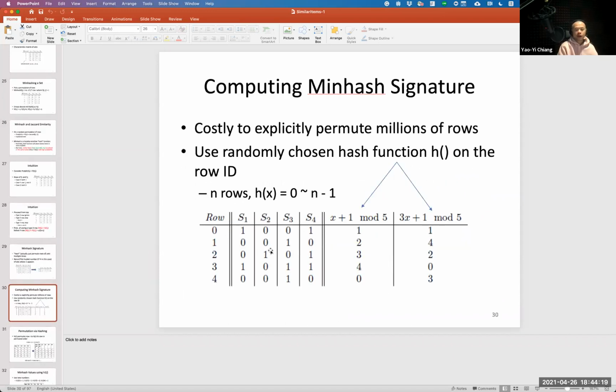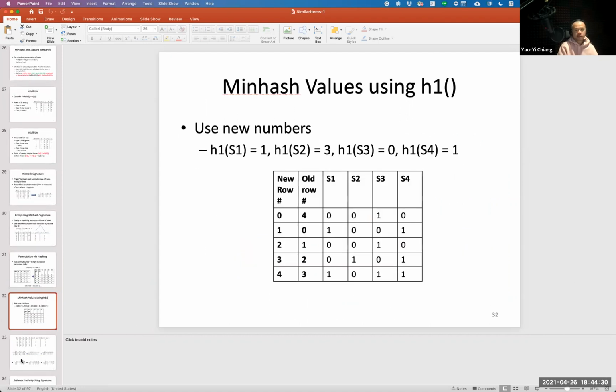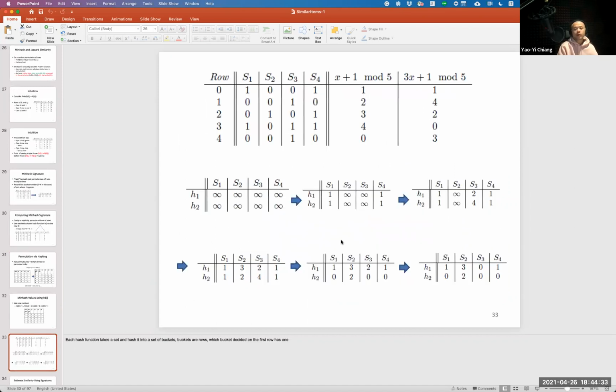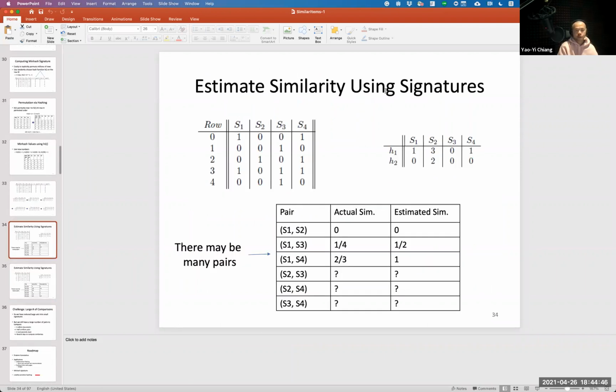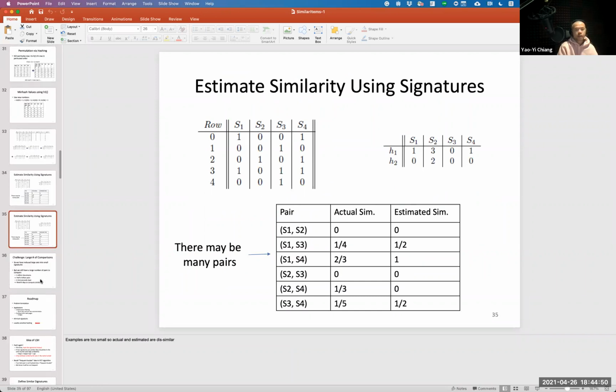Instead of shuffling the entire table, we are using hash functions to shuffle all the row IDs so that we can scan the entire table once, right here, and generate all the min hash signatures with one scan of the table. You have to know how to do this. Okay, then you need to know how to estimate similarity using signatures